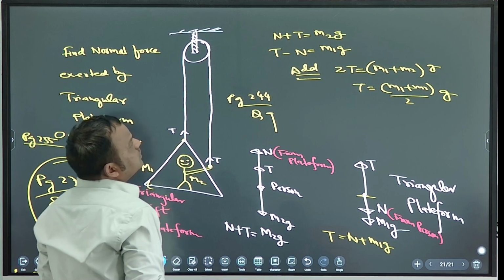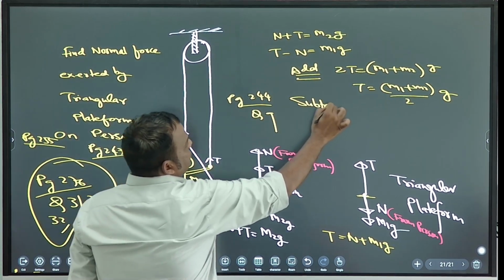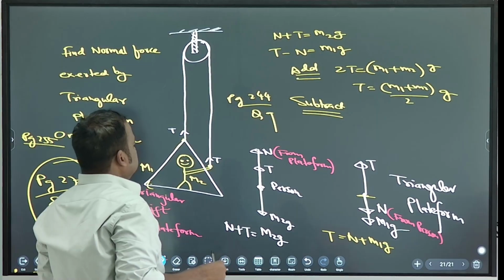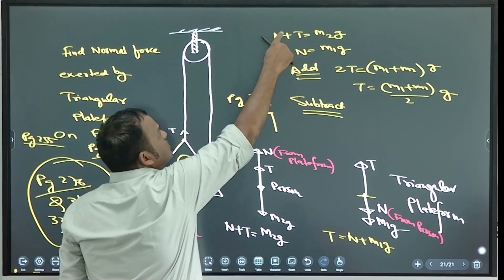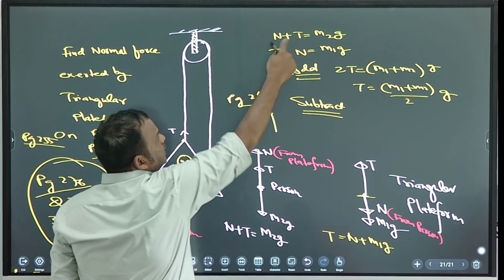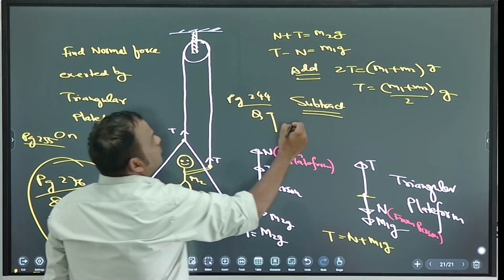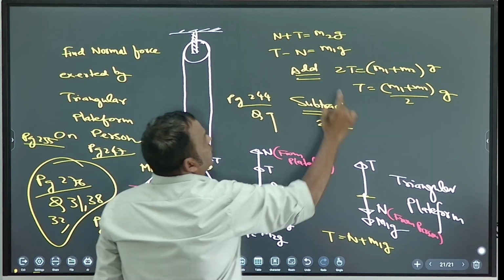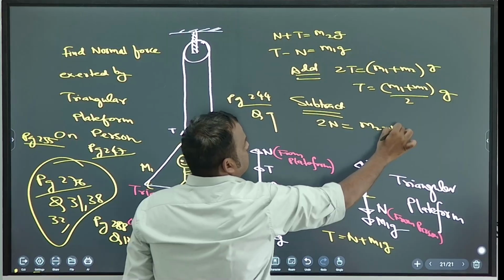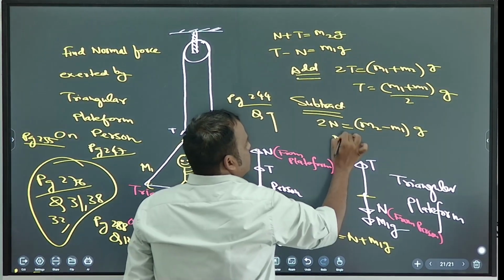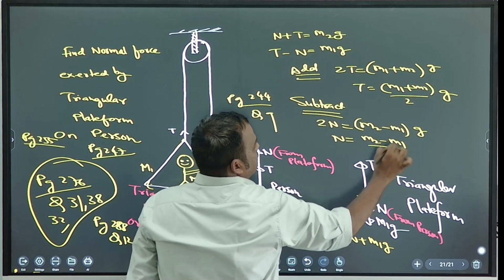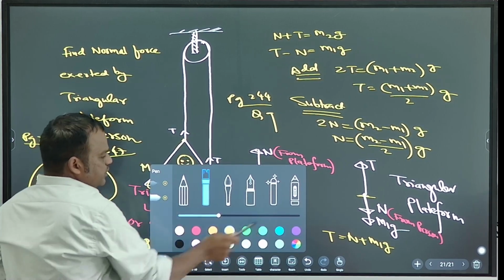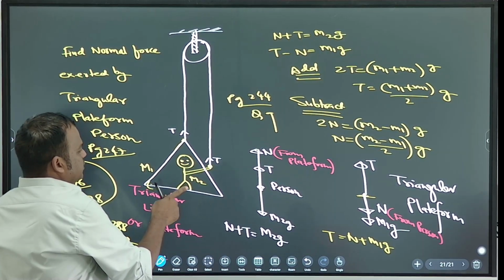Now subtract. If you subtract this minus this, T and T cancel. 2N is equal to (M2 minus M1) G. So what is N? N is (M2 minus M1) by 2 into G. Okay, clear? So in your formula diary also you write this down. So this question,